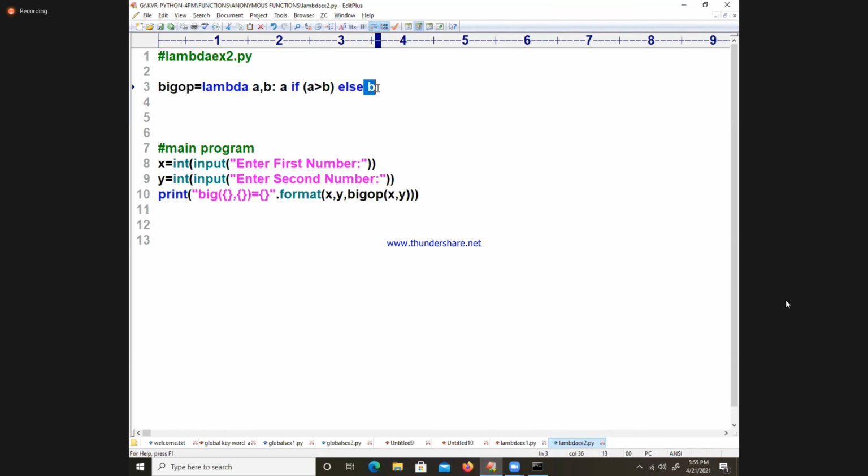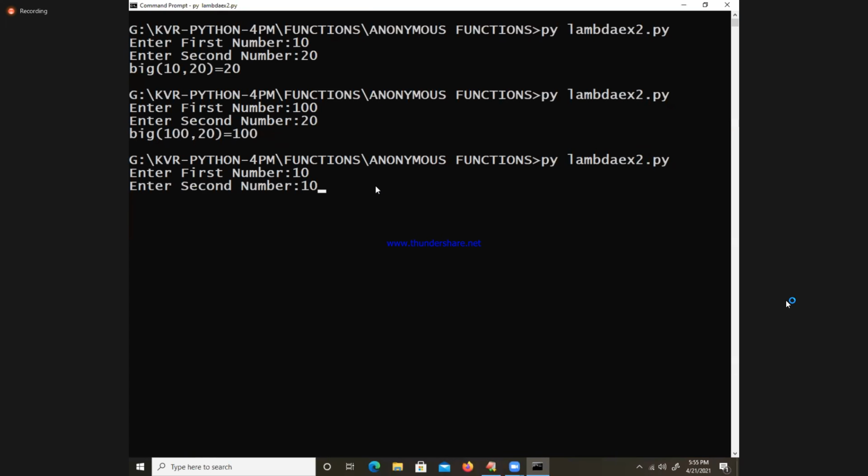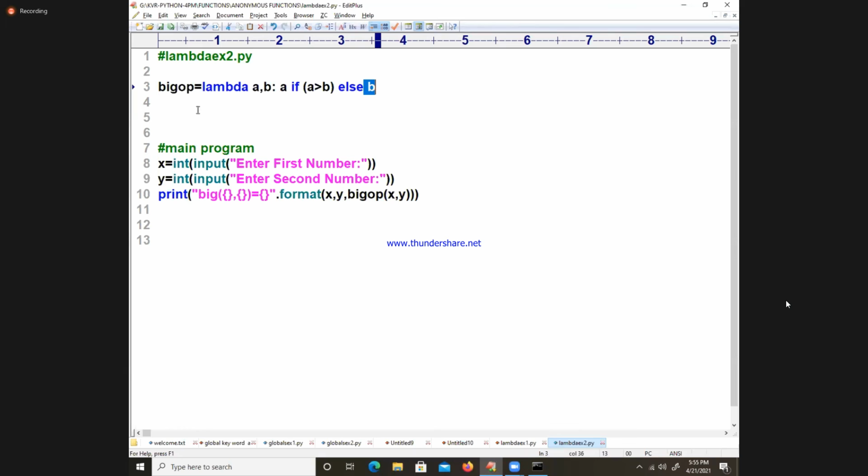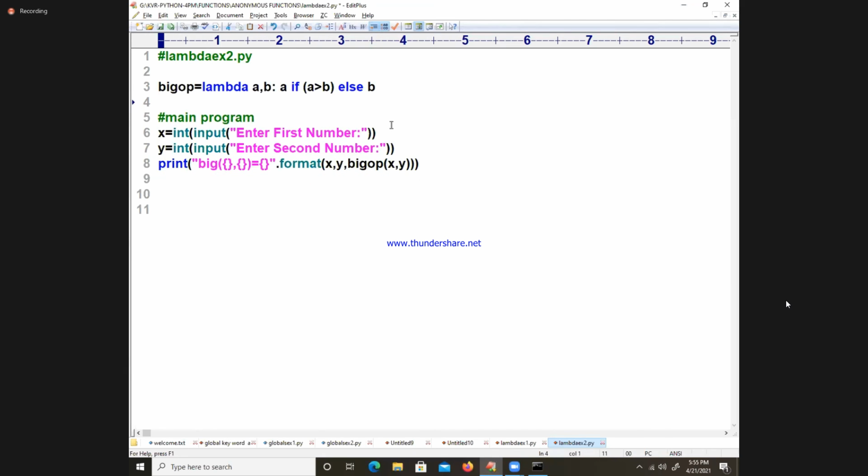False means B value. Any one of the values can be written, no problem. Big of 10 10 is 10 only. So this is the way you can find it out. Is it clear? First of all, are lambda functions easy to write or difficult to write? Only one statement is written.